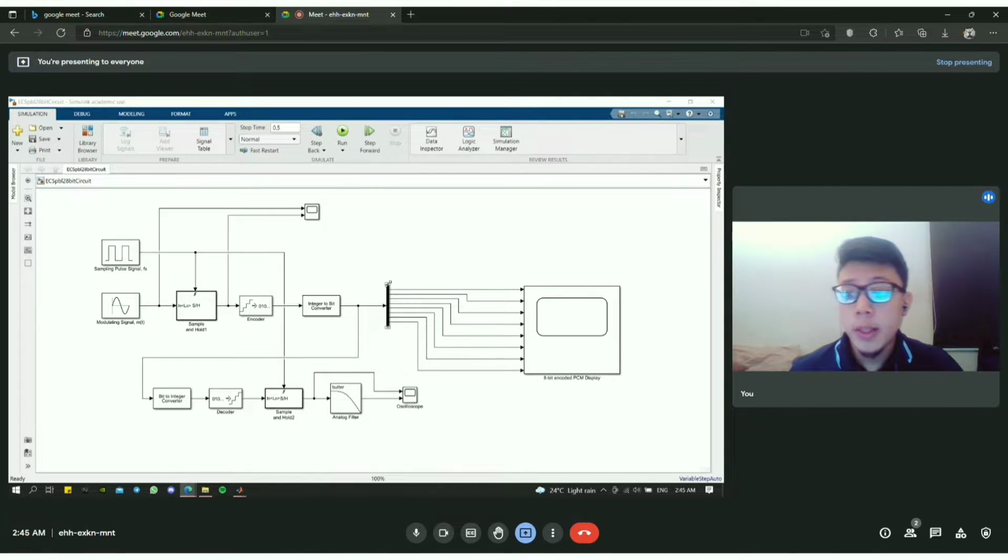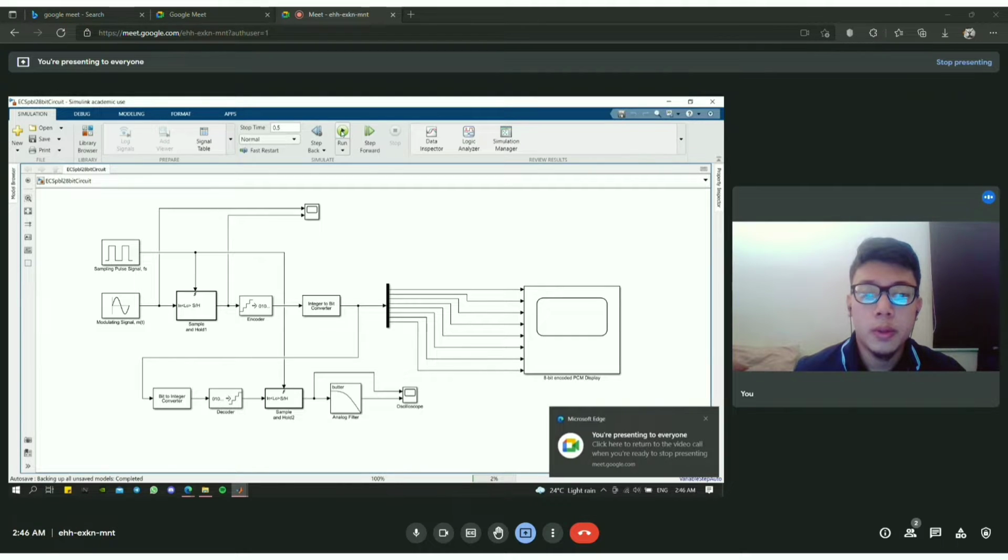For the 8-bit circuit, there is no difference, besides a small cable going to the display. The process is also the same: the original signal goes through the quantization process, then we encode it, and then it is converted into the analog signal again by going through the filter. Okay, so when we run it, you can see